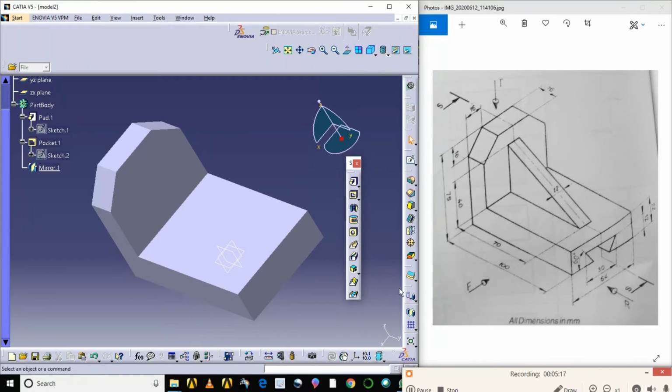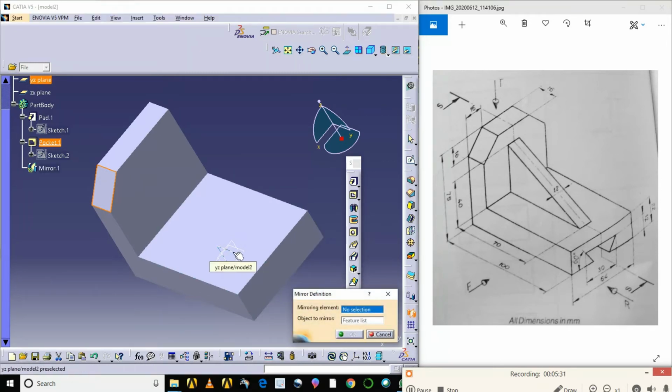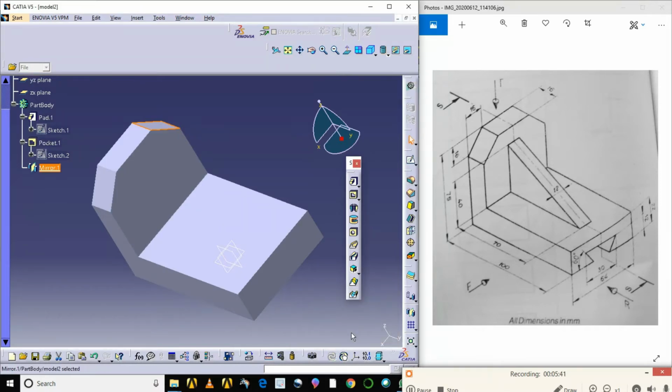How to do it? Once again, I'll show you. Here you select this pocket, go for the mirror command, select the plane. This is exactly the middle plane. So this same dimension is copied over here. See here, a cutout is created.